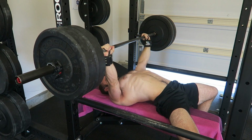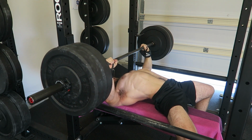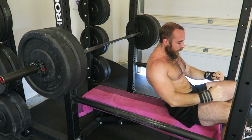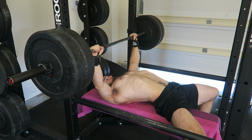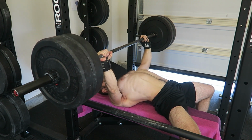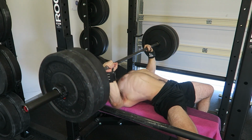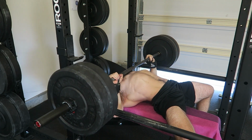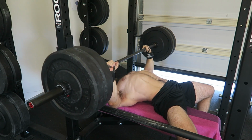So learning to keep my butt down is just a form thing, and I think that's what we're working on here. I have a pretty substantial arch in my back, but everything is still making contact with the bench the way it's supposed to. And even if I have to sacrifice a little bit of weight on my pressing right now, I think that really refining this form and nailing that rhythm and nailing being able to get into position and press